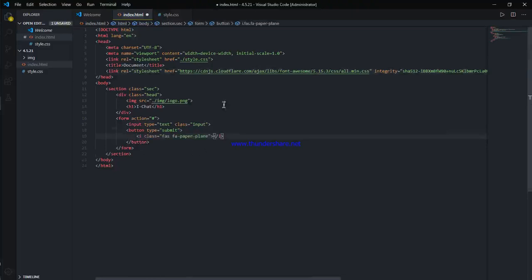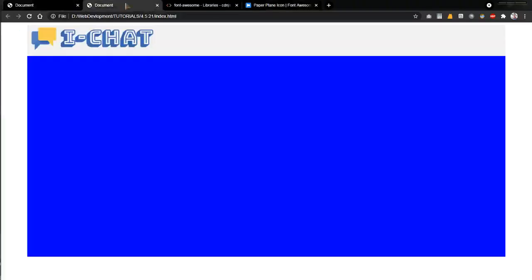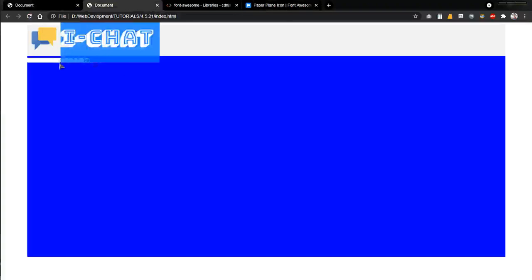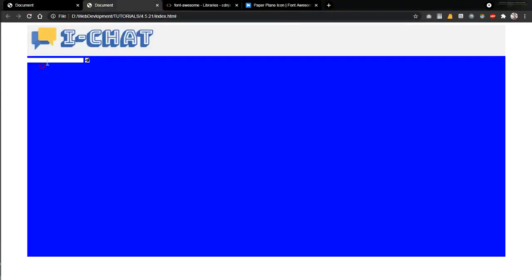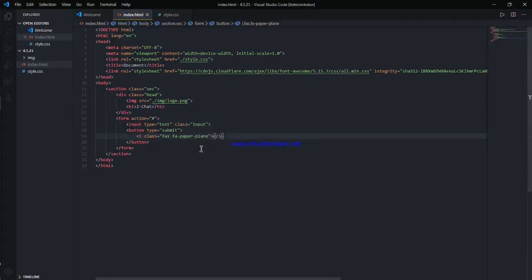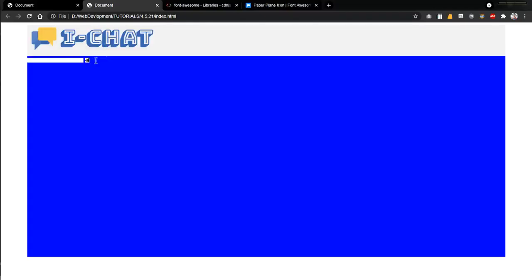So go and paste it inside your button. And if you restart this, you can see here it is, this button has this send icon.